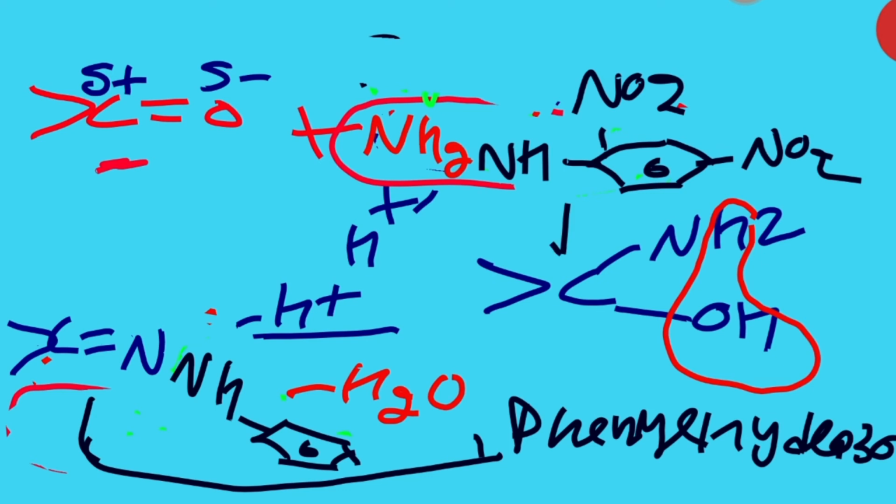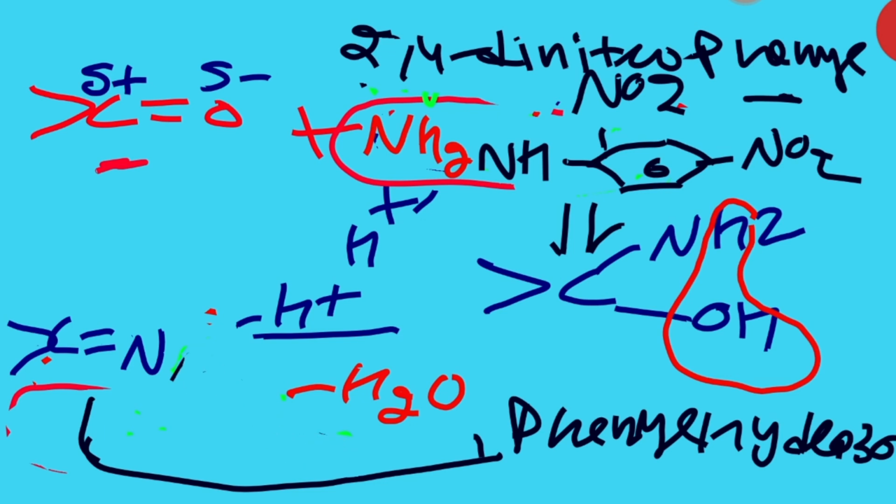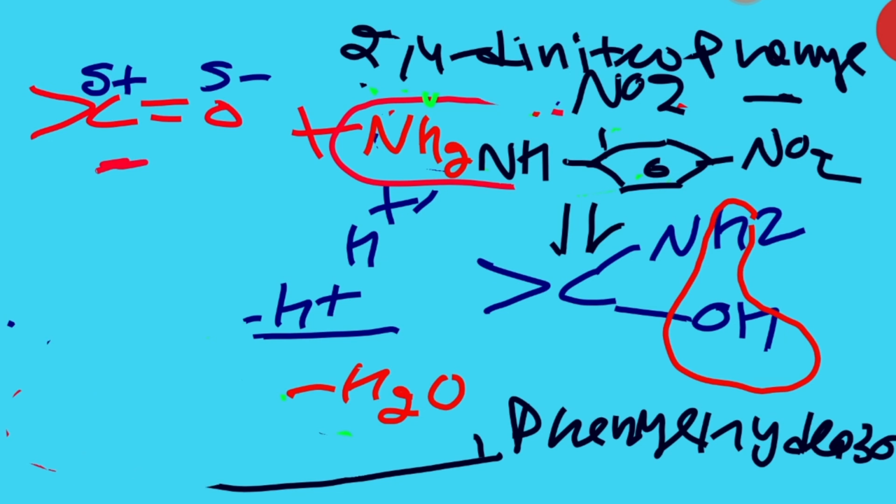Then after that there is a double bond. Now what was this known as? This black color part is the value of Z. This was known as 2,4-dinitrophenylhydrazine. Okay, now what to do there, beta? Here we have to change only and only the value of Z.